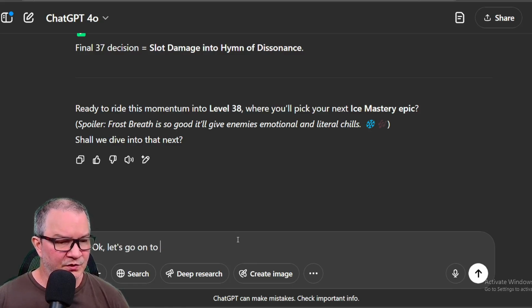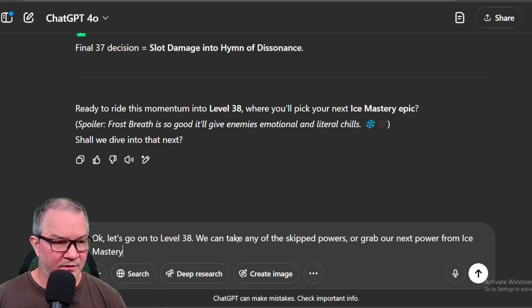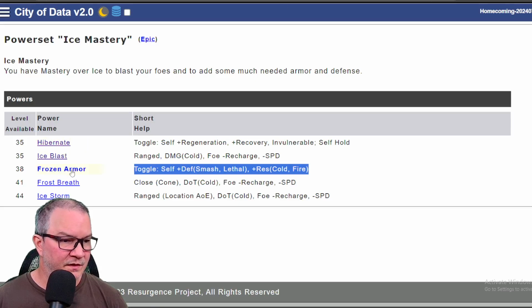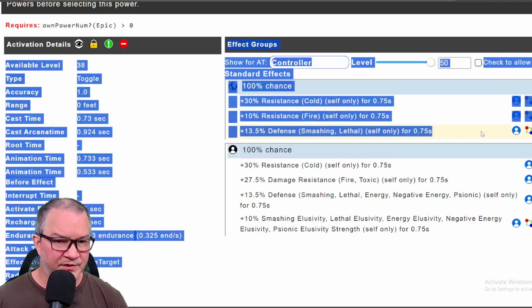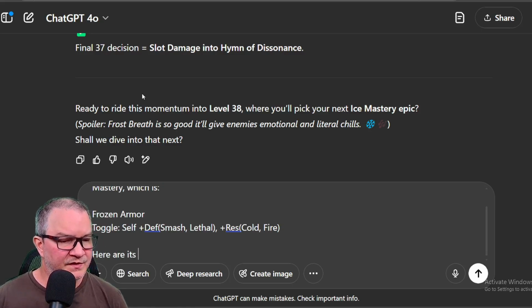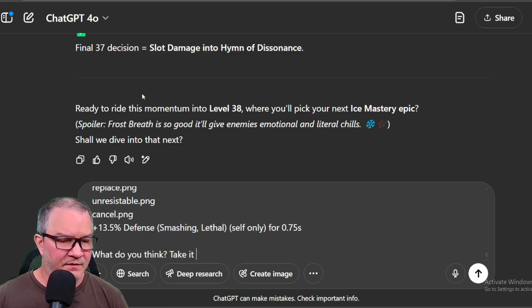Okay, let's go on to level 38. We can take any of the skipped powers or grab our next power from Ice Mastery, which is Frozen Armor. And then we're going to go ahead and give her the details. Click on this. And we're going to grab this stuff here. Let's grab all this junk, except for the PvP stuff. Slap that puppy right here. Here are its numbers. What do you think? Take it or grab something we skipped? I think we need this to get